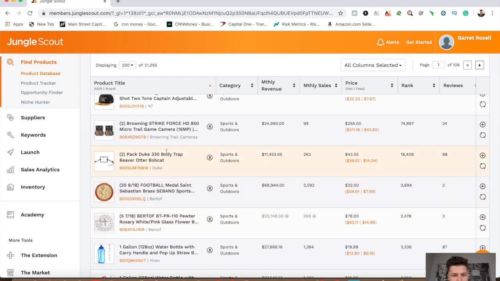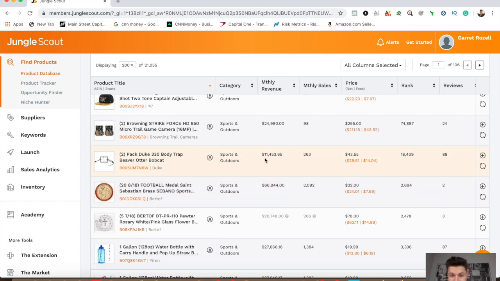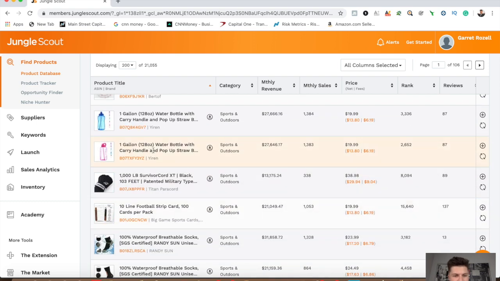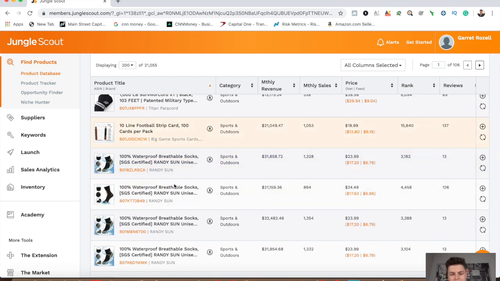So right here we have a body trap, beaver, otter, bobcat, some type of, I don't really know what that is, but it looks interesting. It's doing 11,000 in revenue with 88 reviews. Some type of a water bottle. And what we're really going to be looking for, guys, is specific niches within this category that we can look into, because